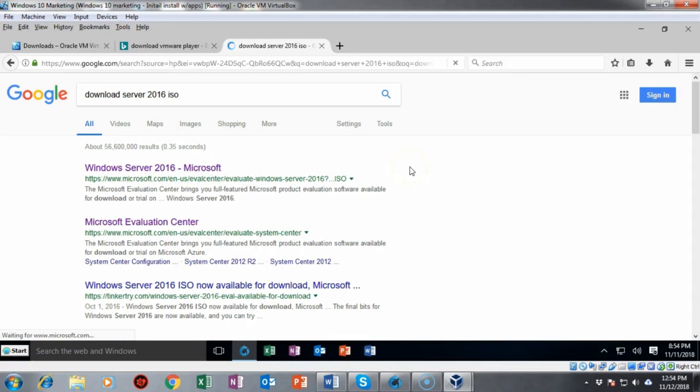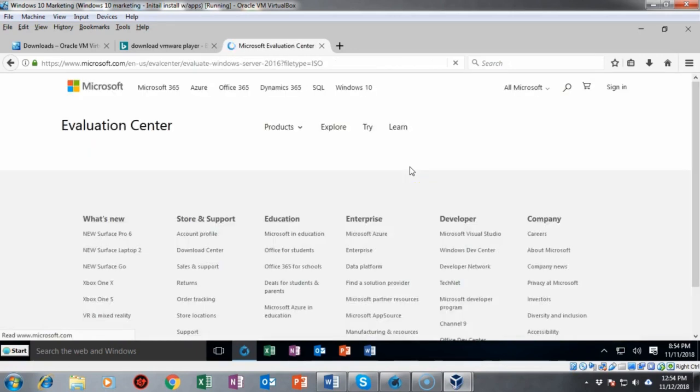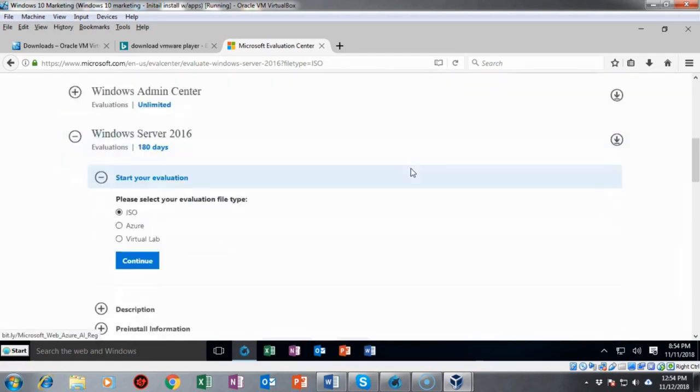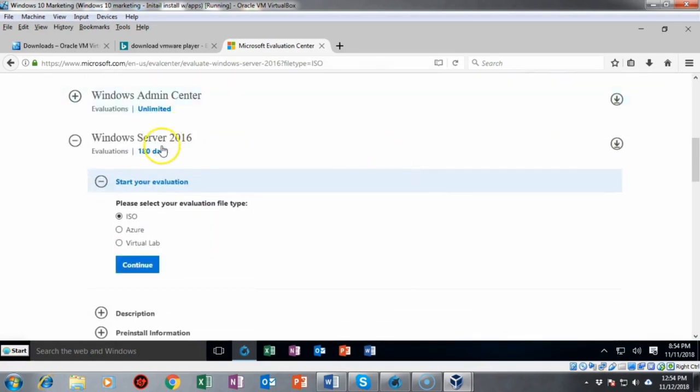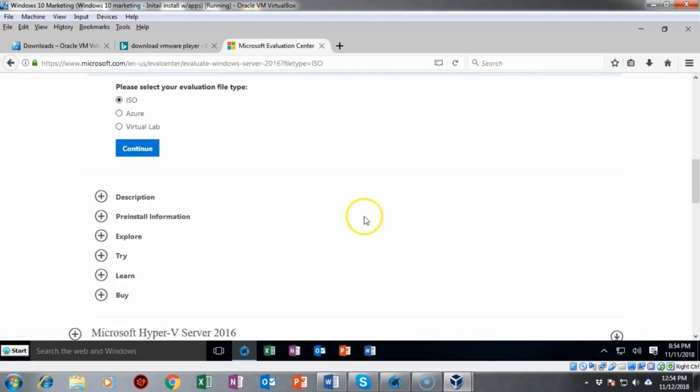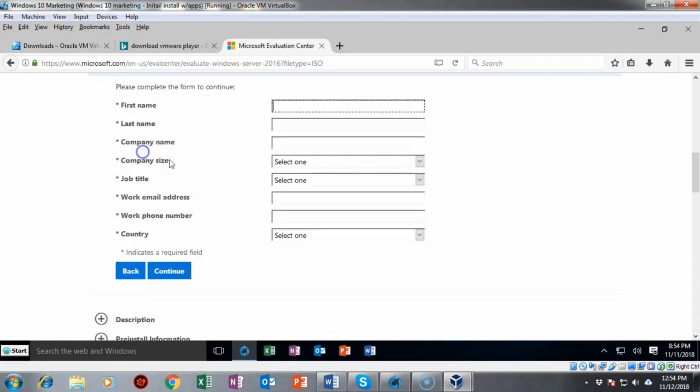I'm going to be taken out to the Microsoft Evaluation Center, where I will be able to download that ISO that I need. So we're just going to go ahead and make sure that we're selecting Windows Server 2016. Select the radio button for the ISO. And now we're just going to say Continue. And on this next page, you're going to fill out your information. When you say Continue, you'll be taken over to the download site where you can get your fresh installation of